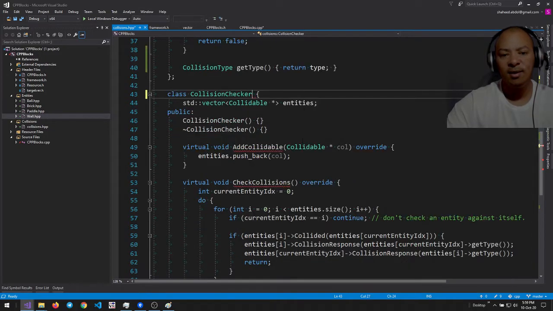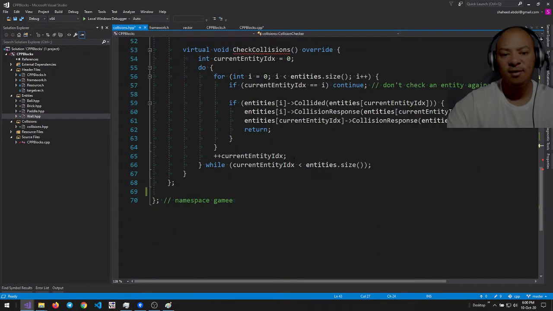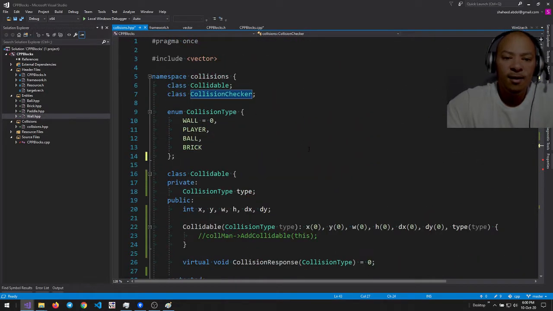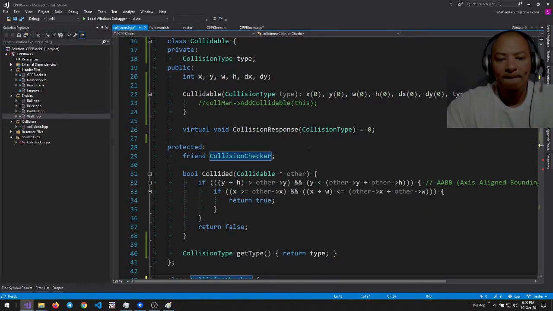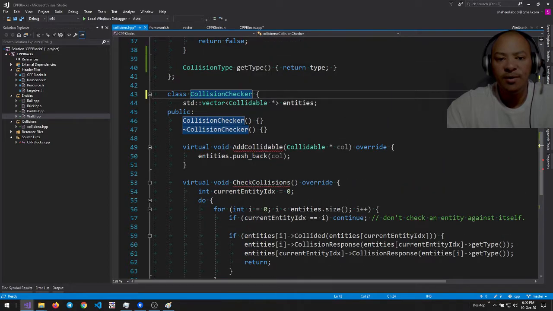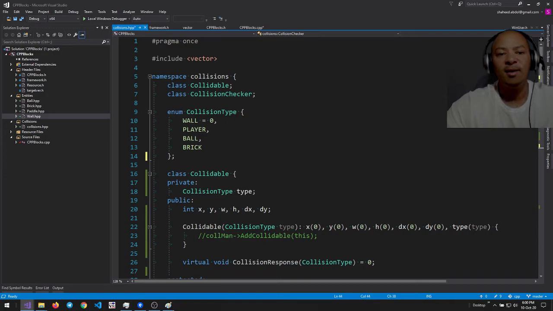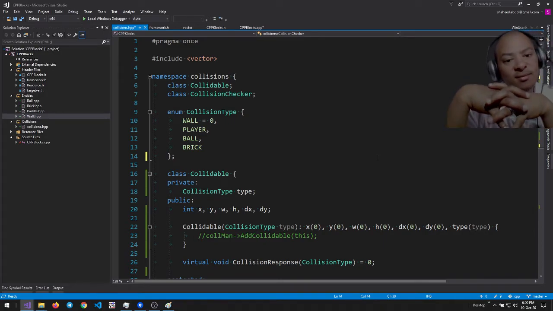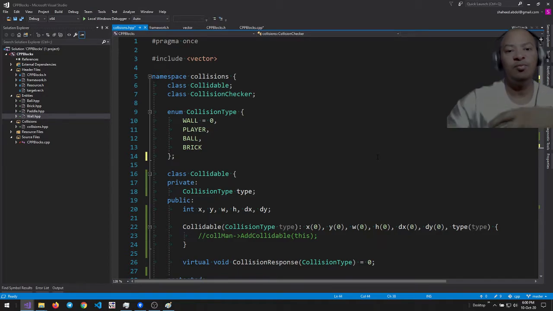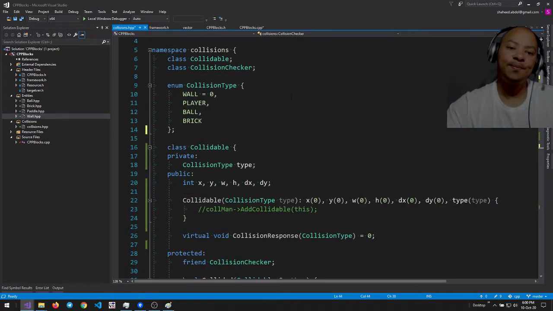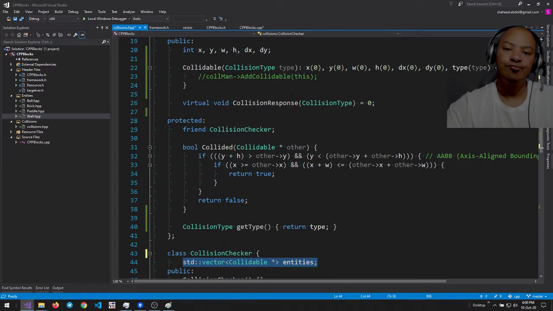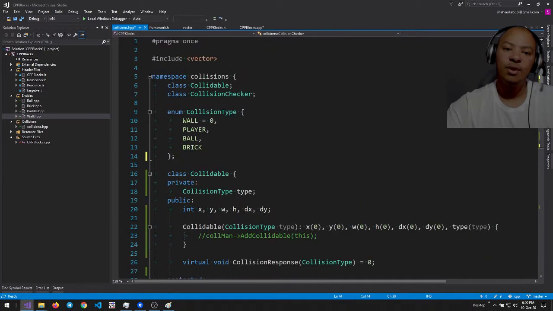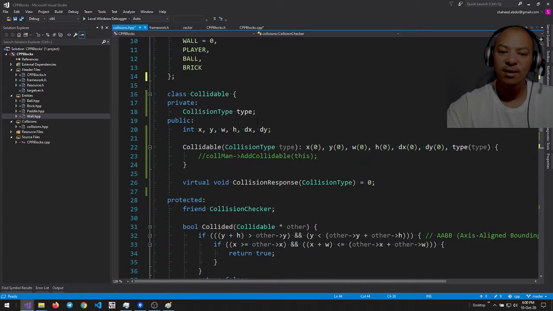there should only be one collision checker. There should be one instance of this class. So why is this here? Oh, because this has a list of pointed to collidable. Yeah, we've hit this weird problem with, like, there should be, so let me just think about it. There should be,